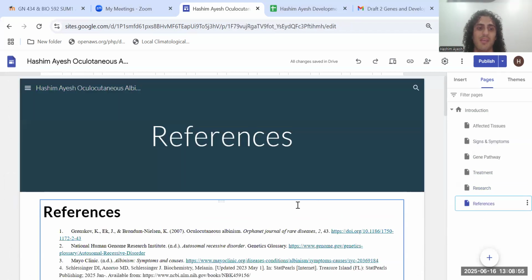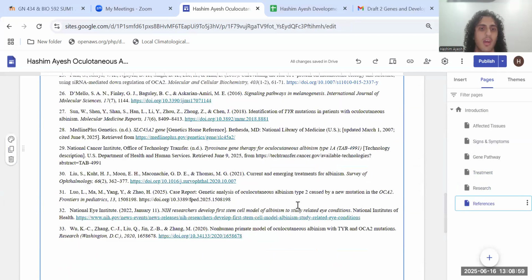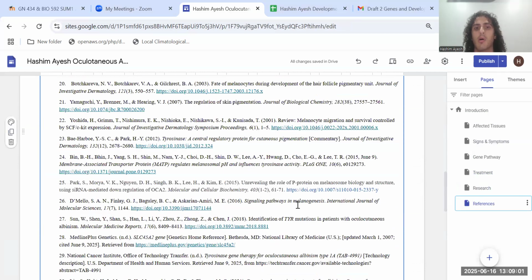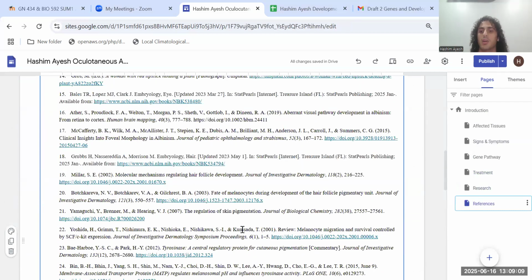And references, I have a lot of references. I found researching this took a lot, especially because I talked about all four types of oculocutaneous albinism. It just took a lot. If I had a little bit more time, I think I wanted to talk a little bit about syndromic types of albinism, and then maybe a little bit more about